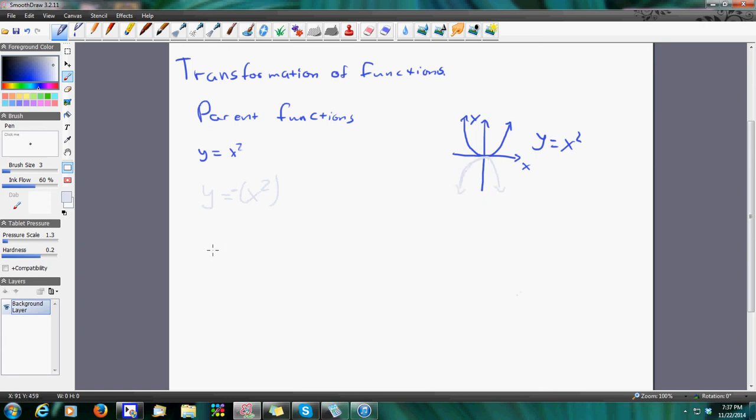However, and this is kind of weird, if I wanted to reflect it in the y-axis, I would negate the x value. And you can't tell here because it's the same thing. However, if you want to see it for yourself, you could say y equals x minus 2 squared. And what that would do is bring you 2 to the right. But if I negated the x,